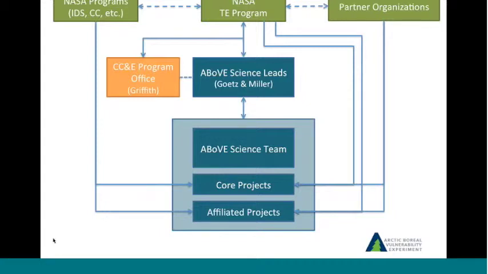I won't go into them here, but basically it's a small proposal that we assess for a number of criteria. So we welcome affiliated projects. At the same time, we want to make sure that they're highly relevant to the objectives of Above, which is